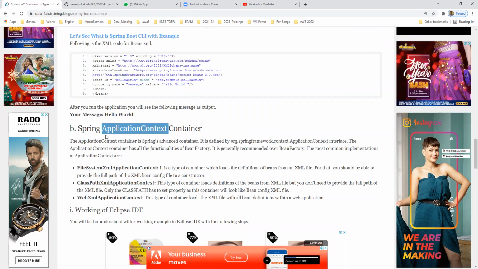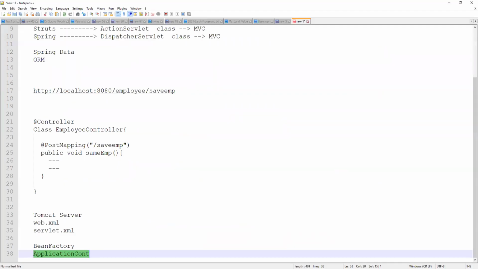Sorry, application context. So one is the bean factory and one is the application context. Correct, application context.